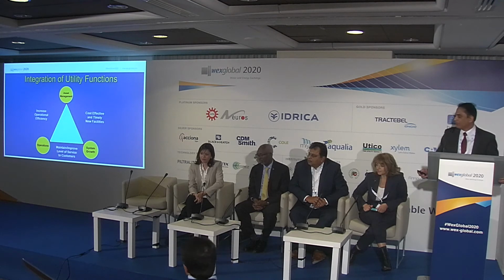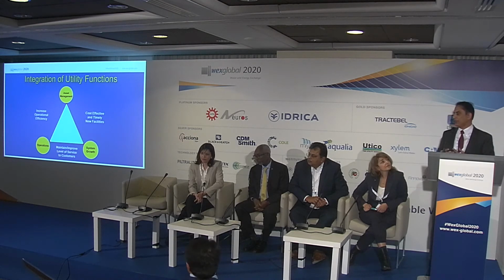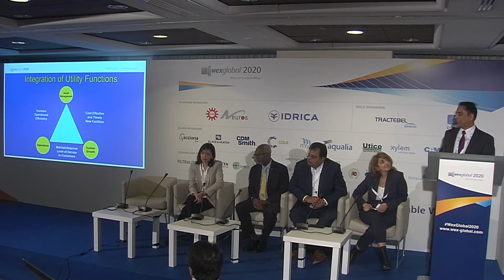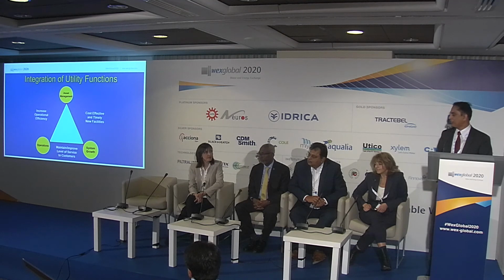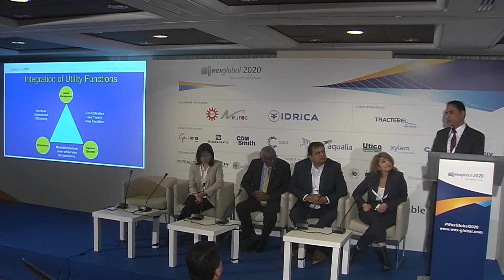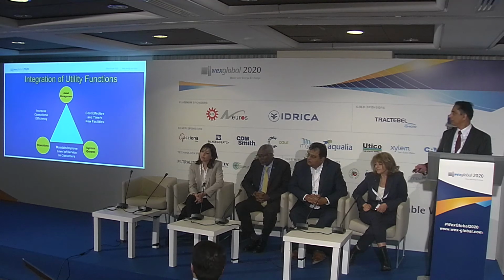So if we take any utility, or any business, you have three functions. One is taking care of your existing customers, which is operations, taking care of future customers, which is system growth, and taking care of your assets, which is asset management, or infrastructure management, whatever you call it. So you need to integrate these three functions for the most efficient functioning of your utility. Basically, the ultimate goal is to make quality of life better for your customers at reduced cost to your ratepayers.